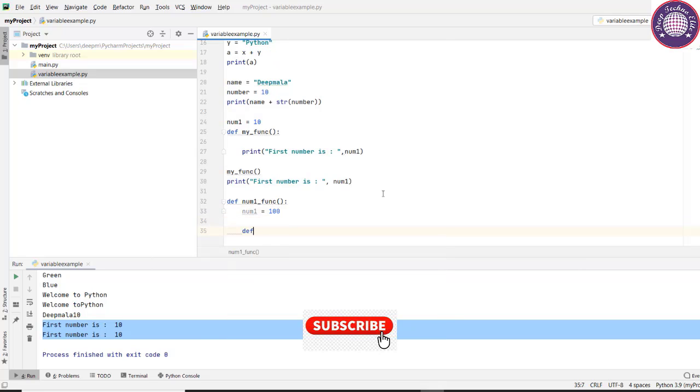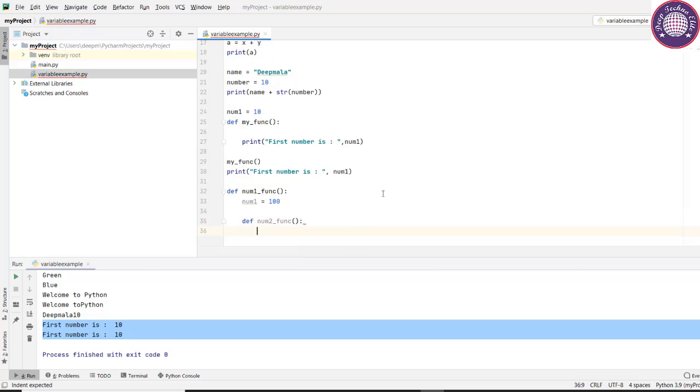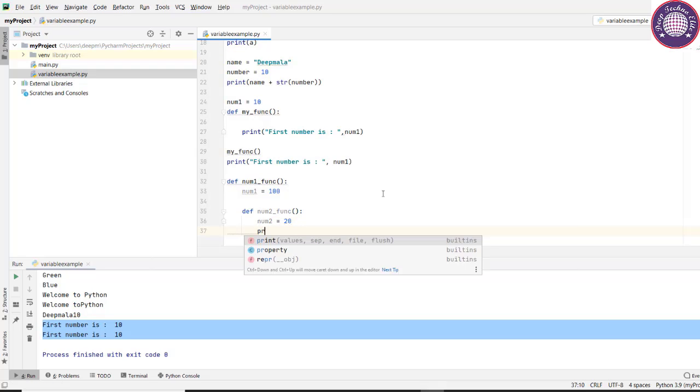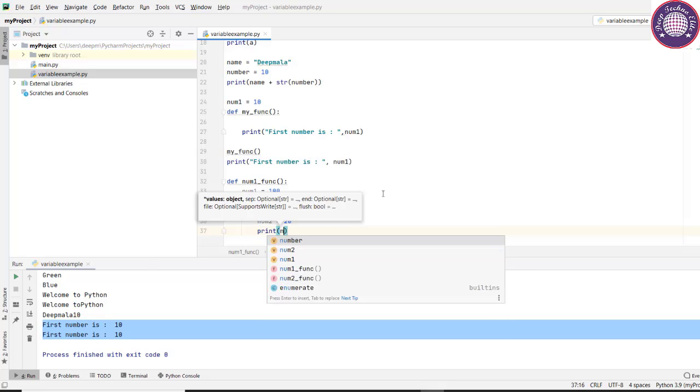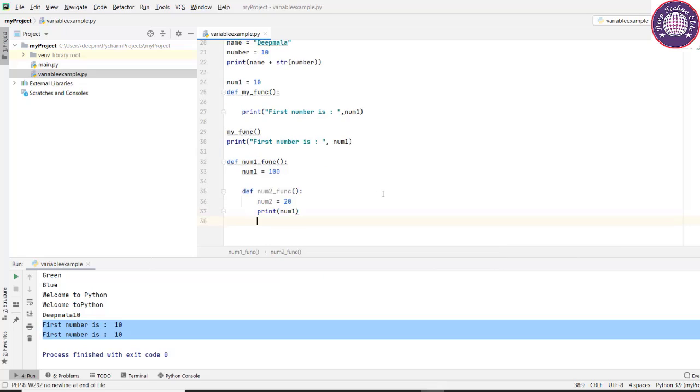So let's say def and a function named num2_func, parentheses and a colon, and then let's define a variable num2 equals 20, and then I'm going to print the variables. So let's say print and inside the parentheses num1 and then print num2,